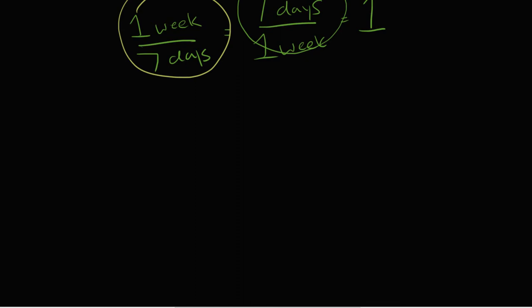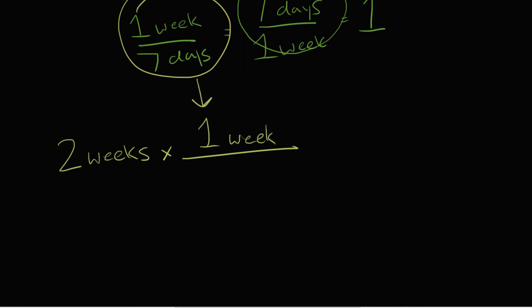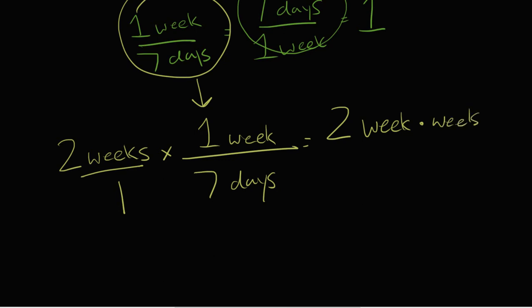I'll show you. So if I said 2 weeks times, and I used this one here, which is 1 week over 7 days. Now this is still 1, right? So when I multiply, it's still going to equal the same value. But what happens is none of my units cancel out. Both my weeks are on top, and I have nothing on the bottom, and days. So what I'll have is, what's 2 times 1? 2. 2 weeks times weeks